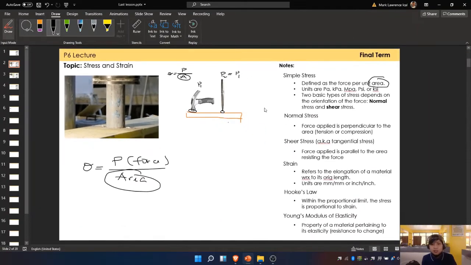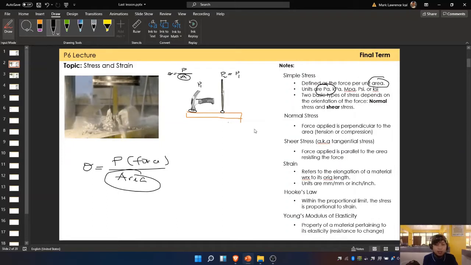So, simple stress is defined as the force per unit area. So, the unit used for stress is Pascal. Okay? Pascal. Kilopascal, megapascal, PSI, or KSI. Okay, huwag kayong mako-confuse. Sir Ikan, bakit po magkakaiba yung unit sa ginagamit samantalang ang nagbabago lang naman po ay yung kilo, mega? Okay, ito kasi yon. May mga material kasi tayong sobrang tigas nila, yung tipong kaya nila mag-handle ng sobrang laki ng stress.